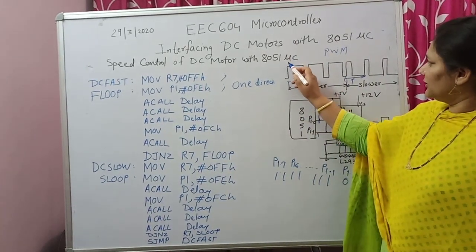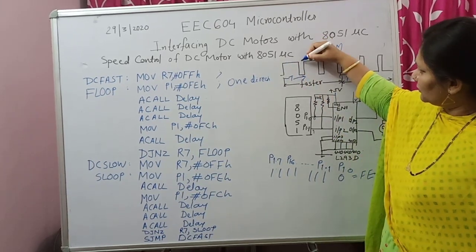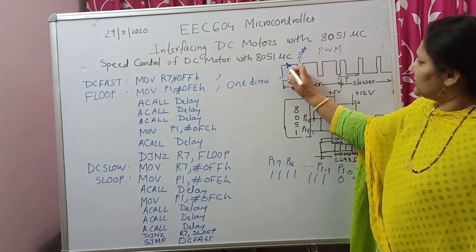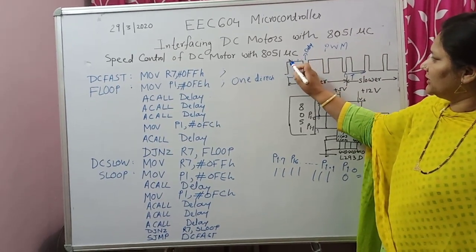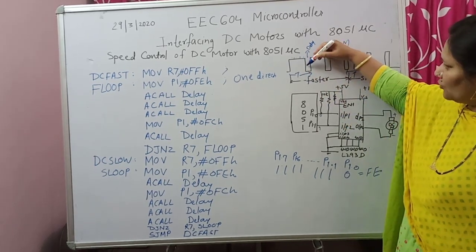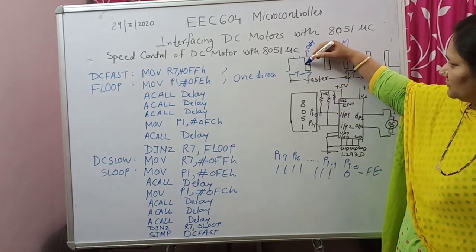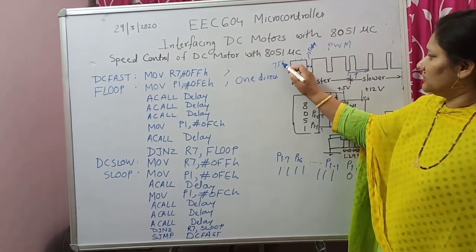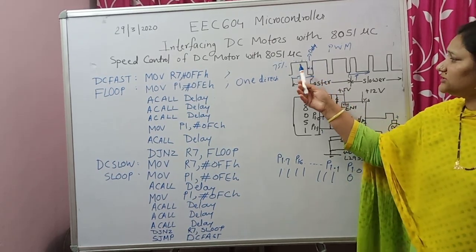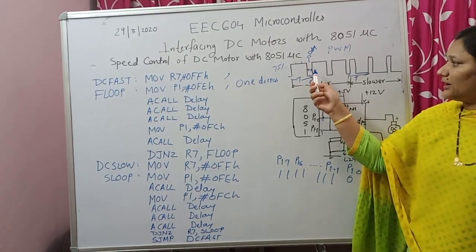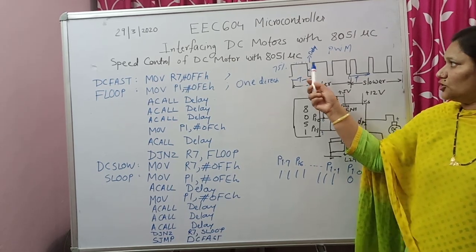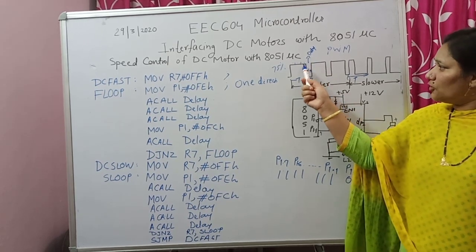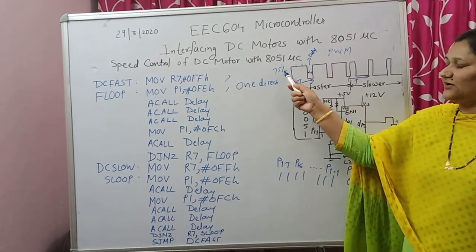Let's say if we divide this into 4 parts, we call this delay 1, and then subsequently delay 2, delay 3, delay 4. So we are writing the program for this particular delay period. Because our on time is 75% duty cycle, 75% duty cycle means 3/4 period is on time and 1/4 period is off time. So by writing the delay program for 1/4 delay timing and calling it three times, you are getting 75%